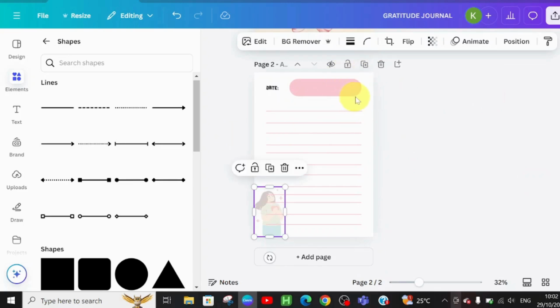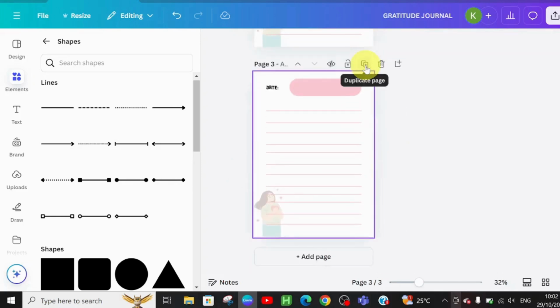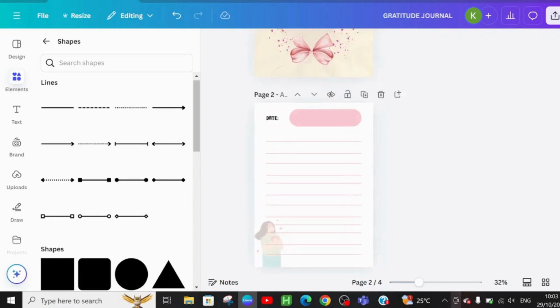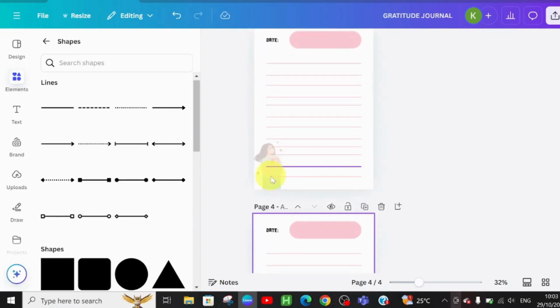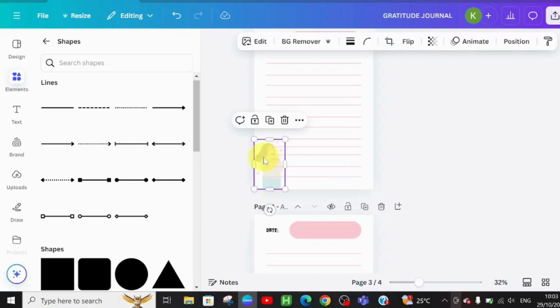are just going to go ahead and duplicate this page to as many numbers as you want your journal to have. If it's like 20 pages, 40 pages, you just keep duplicating. But there is a but here. I always love to have my journal to have different images here. So if you are going to be like me, all you need to do is just delete this image